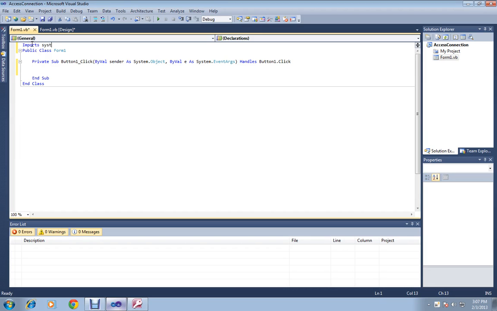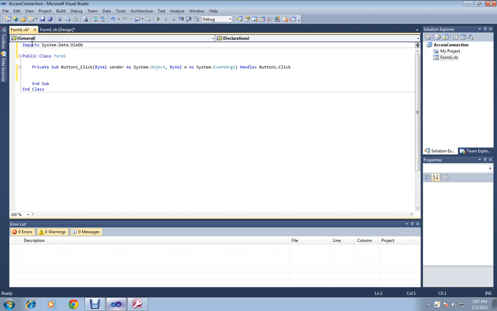Import System.Data.OleDb. We import the class of System.Data.OleDb in order for us to use certain codes from OleDb. For the connection of our VB.NET to Access,